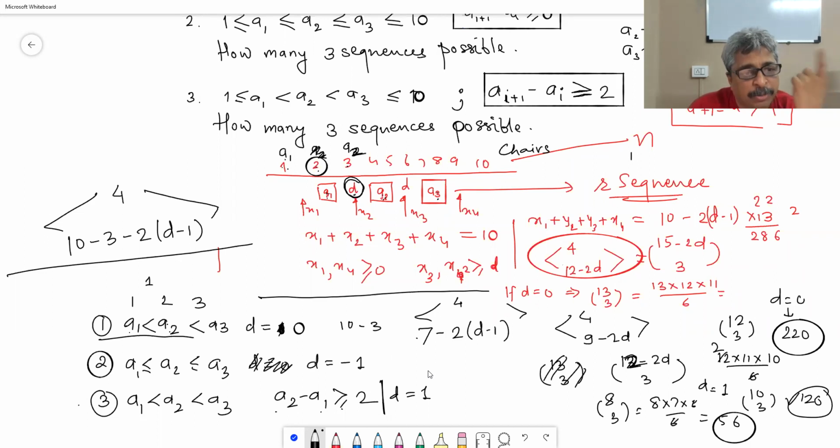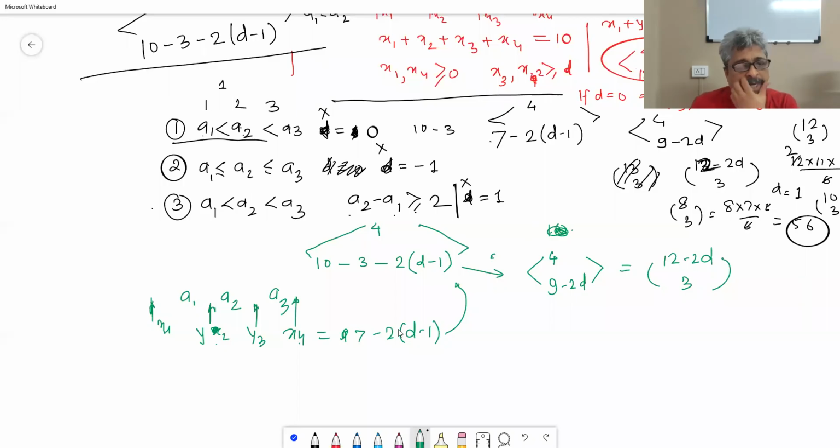Minus 1 number of chairs need to be put. That is difficult to visualize, but practically A1 and A2, when it is a chair problem, we cannot visualize that. But when it is a number problem, if we consider A1 is equal to A2, that means they are the same numbers. The difference between them is 0, and therefore we are saying number of chairs to be inserted between them is d minus 1. I mean d is equal to minus 1. You first understand what this d fellow is.